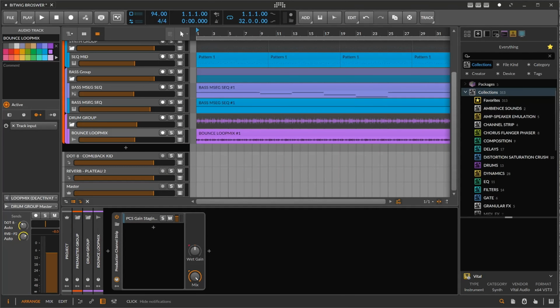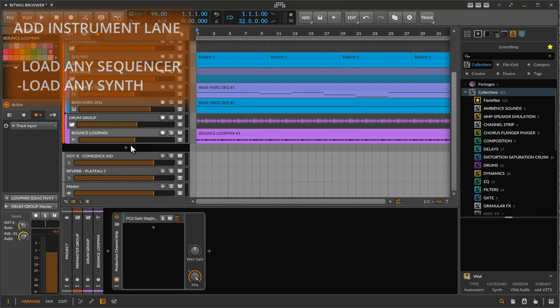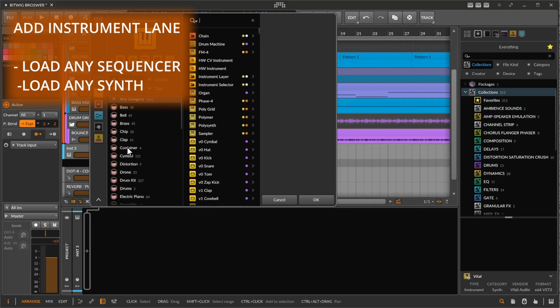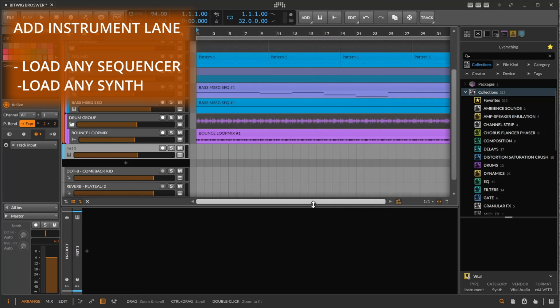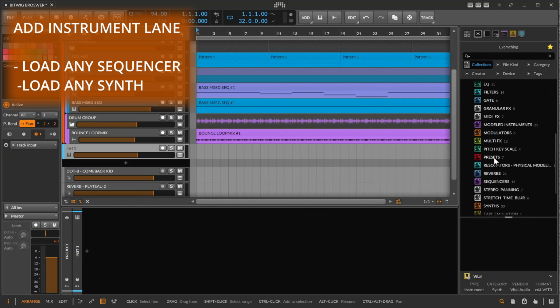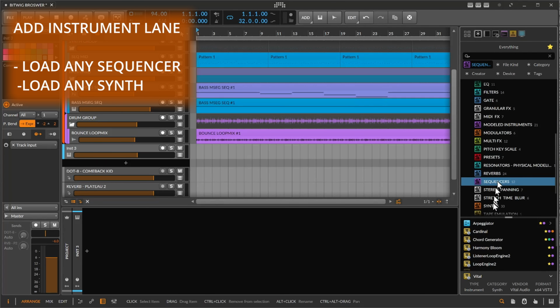In step number 4, we now take this high-speed mouse-click browsing view that we have fully set up now in Bitwig's sidebar browser, and we make this view the default view in the remainder of Bitwig's context browsers. To begin this process, come over to your instrument lanes, click the plus to add a new instrument, and click OK. In this new blank instrument lane, come to your sidebar browser and grab a sequencer, any sequencer,